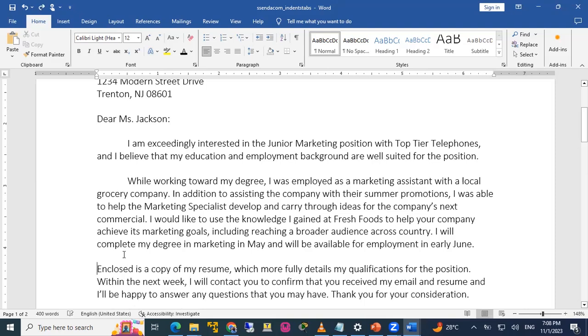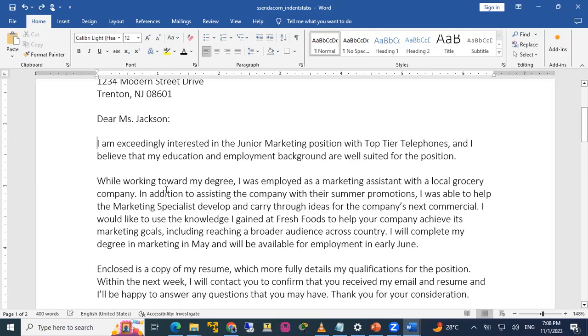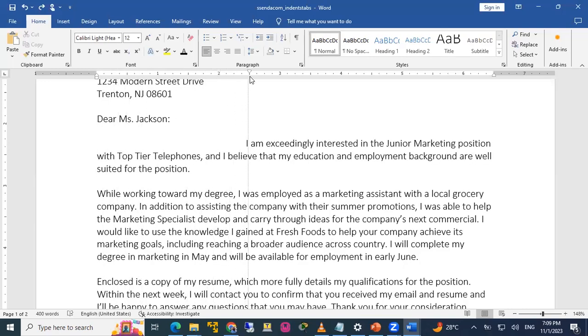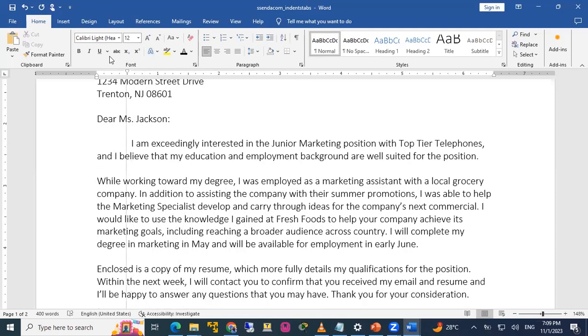Now, apart from using the Tab, this is where the ruler comes in. If I want to shift this margin, I can use the ruler. Can you see where my mouse is? These are the indent tabs. The first one will work with the first line of the paragraph. If I drag this, only the first line will move. You can go as far as you can, and then you can bring it back as well.